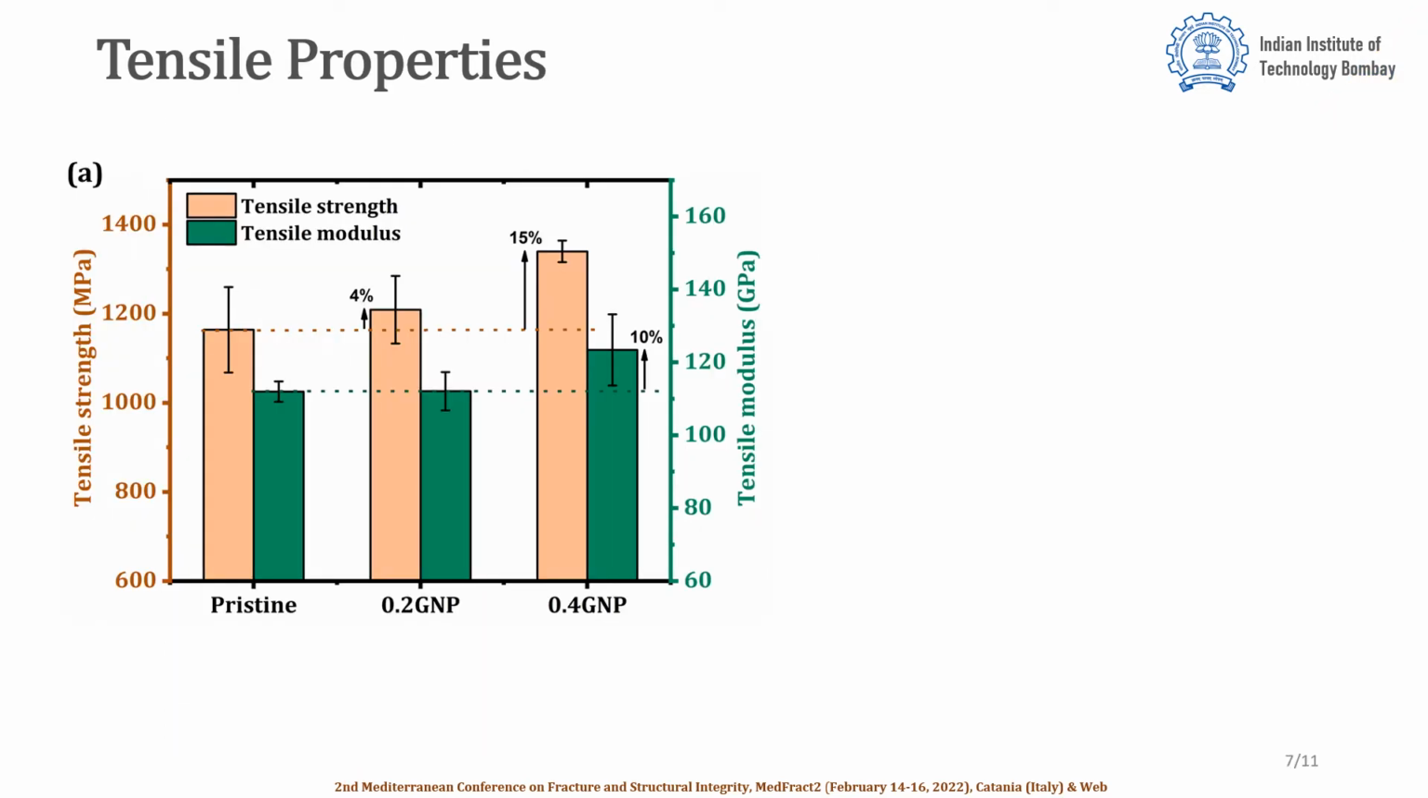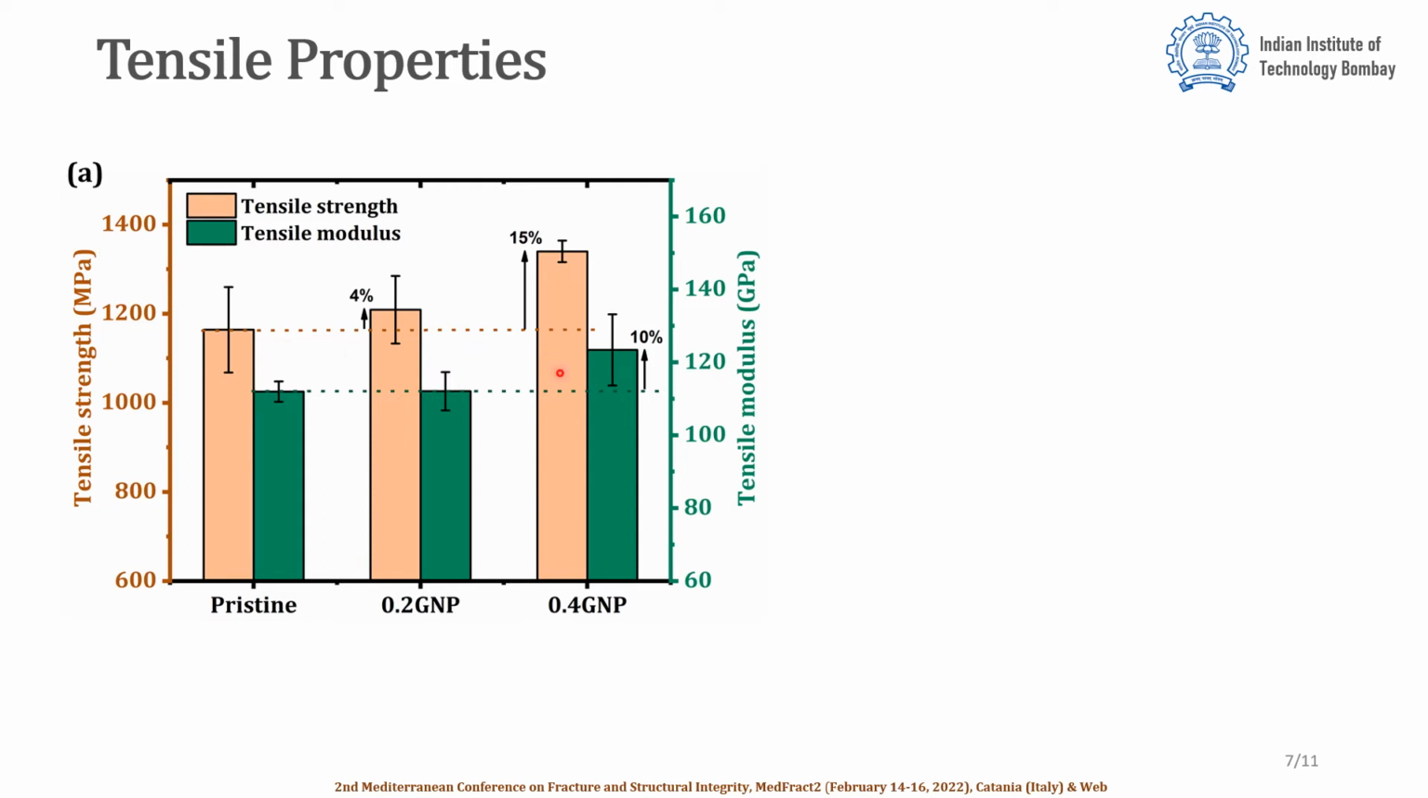Now let's move on to the tensile test results of the tabbed specimens. The 0.4 GNP laminate and 0.2 GNP laminate show 15% and 4% improvement in tensile strength compared to the pristine laminate. This can be attributed to the larger gradient interface and adhesion between the carbon fiber and the epoxy in